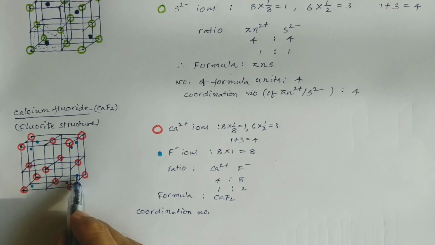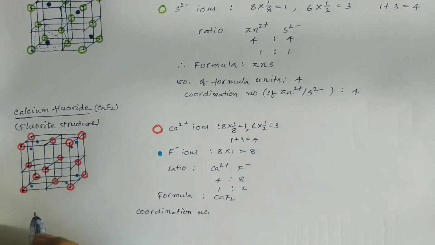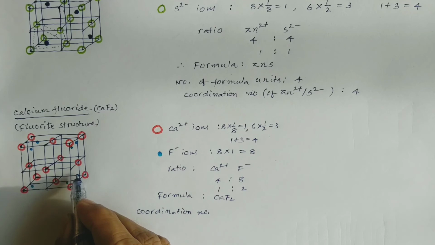Okay, that is very easy because this is the tetrahedral void that is created by 4 atoms. Obviously there will be 4 atoms around it. So if you take this atom or fluoride ion, how many calcium ions are there around it? There will be 4, right? So this is the corner ion. Actually it is forming the tetrahedral void.